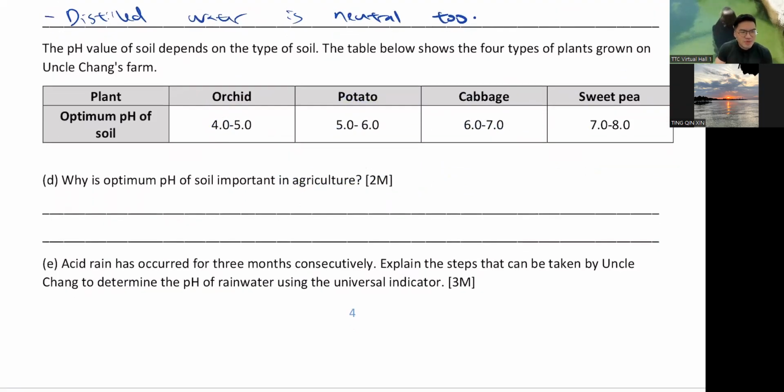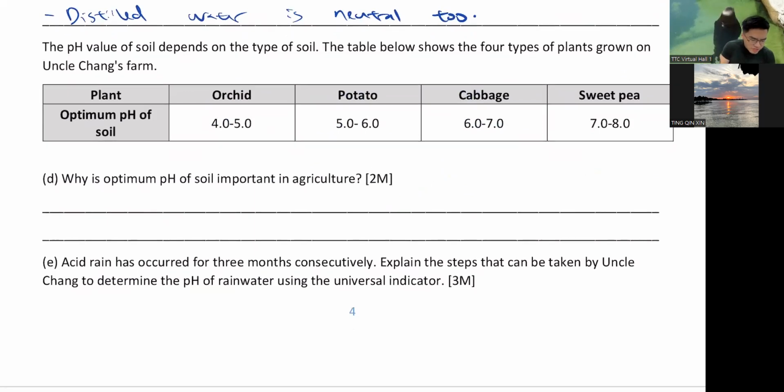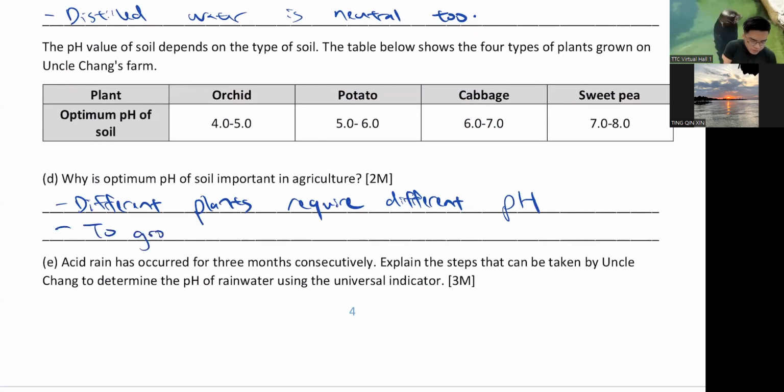So why is optimum pH of soil important in agriculture? 因为 different plants require 是需要啊 require different pH. Require different pH. 为什么它需要 different pH 呢？This is to grow well 或者是 healthy。这样子它可以长得健康。So same goes to fish 啦。你看有些 fish 可以有 chlorine，有些不可以的嘞。